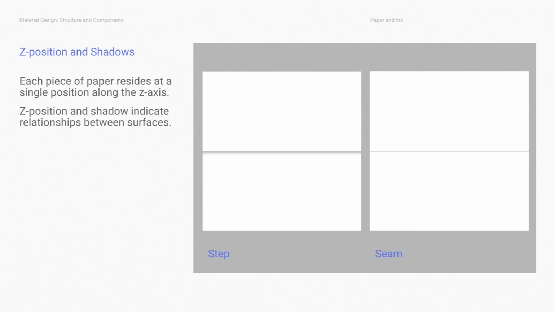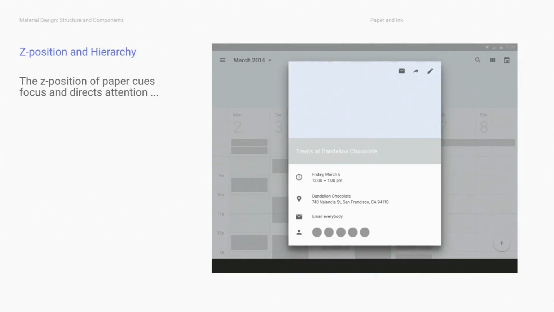It is always flat, never tilted so that one edge is closer than another to the user, and it does not flip over to show the other side. The z position of paper is also a reflection of content hierarchy. Paper with a z position closer to the user typically contains content you want the user to focus on,